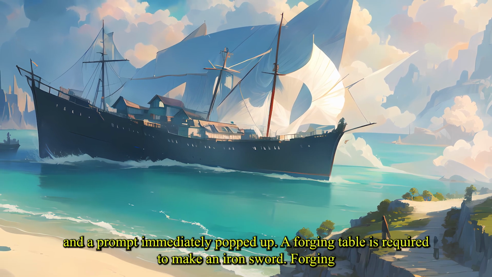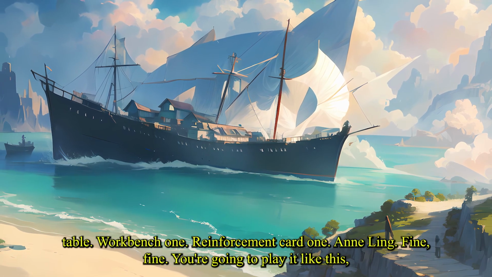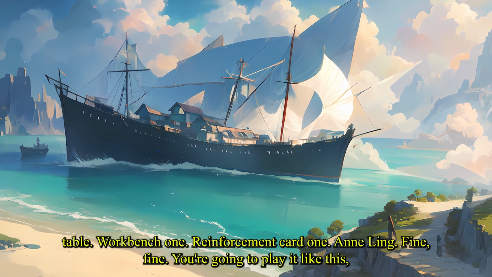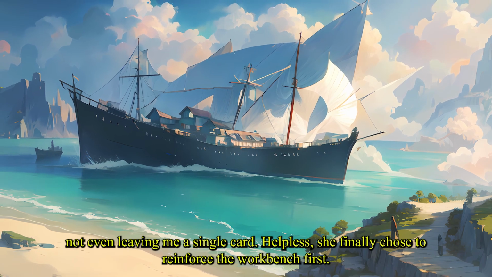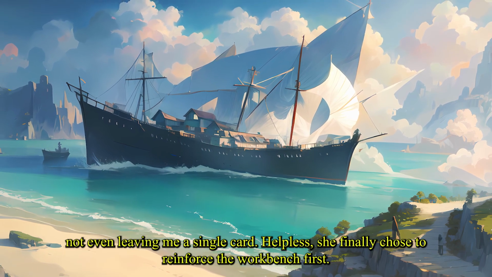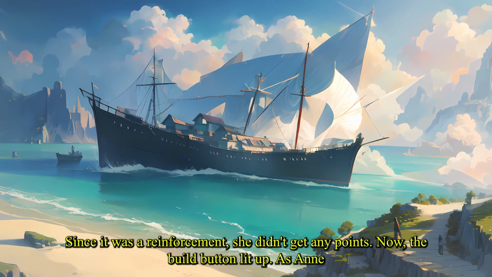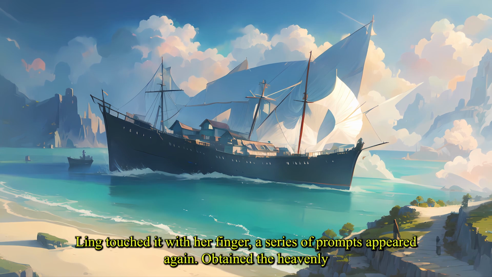A forging table is required to make an iron sword. Forging table, workbench 1, reinforcement card 1. And Ling: Fine, you're going to play it like this, not even leaving me a single card. Helpless, she finally chose to reinforce the workbench first. Since it was a reinforcement, she didn't get any points. Now, the build button lit up. As Ling touched it with her finger,